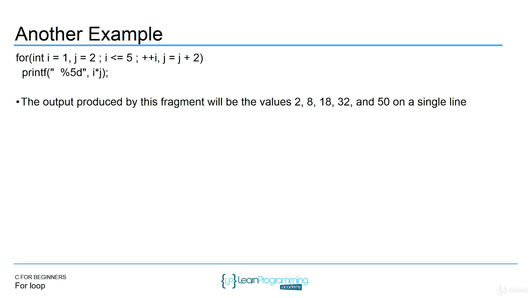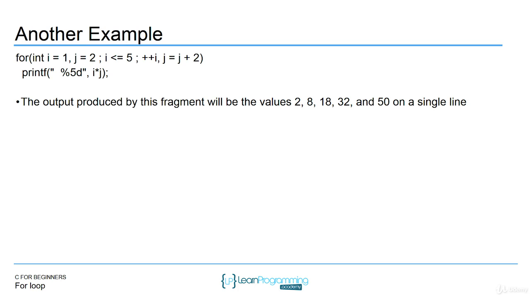And j is going to be equal to 2 plus 2, which is 4. So now we're going to multiply 2 times 4, which is 8, and we're going to display it. And then we're going to check. Is i greater than 5? No, i is still 2. So we modify i to now be equal to 3 for the next iteration, and we modify j to be